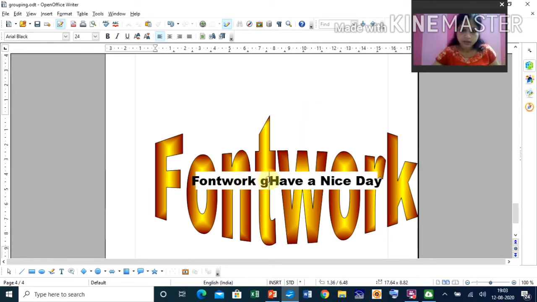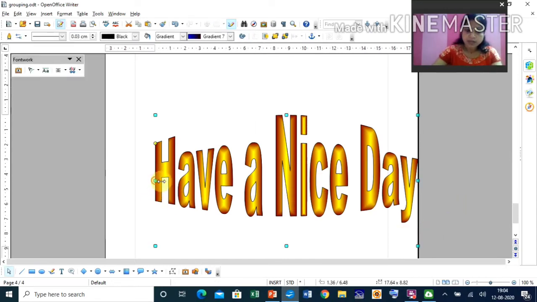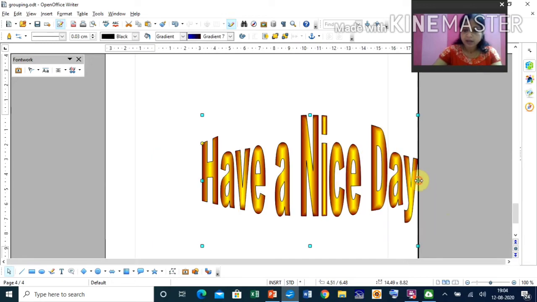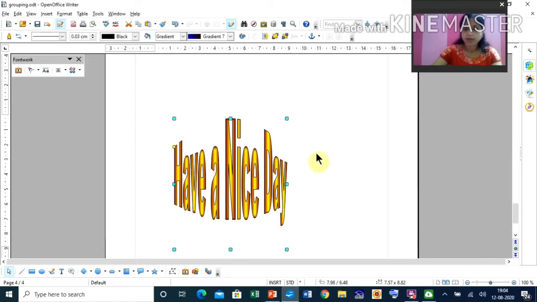You can replace these other things. Okay, now you click outside and you see your text will appear like this. So you can make it small also by dragging, and you can just move it and place it at any place you want.